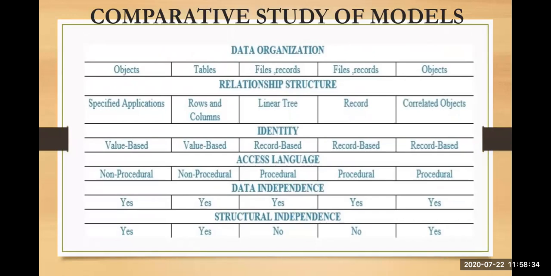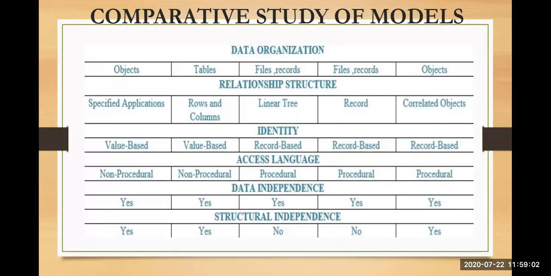And in the object-oriented model, it is in terms of objects. Next characteristic is relationship structure. The relationship structure in the ER model is application specific, meaning that depending on your application, you will design your entity model. As per your application, you will do the designing. There can be a one-to-one relationship, a one-to-many, or a many-to-one, so depending on the application design, the structure will keep on changing.